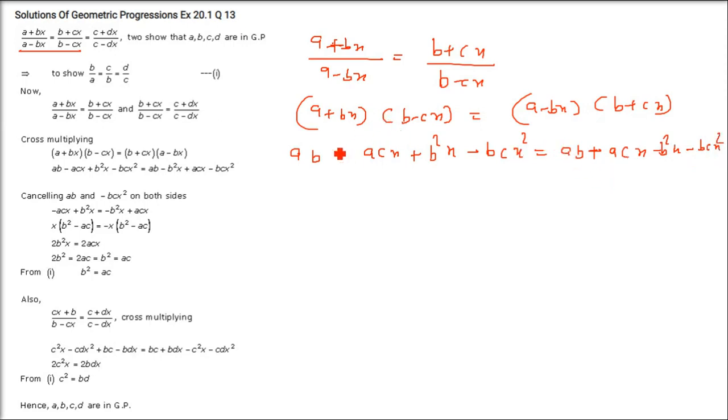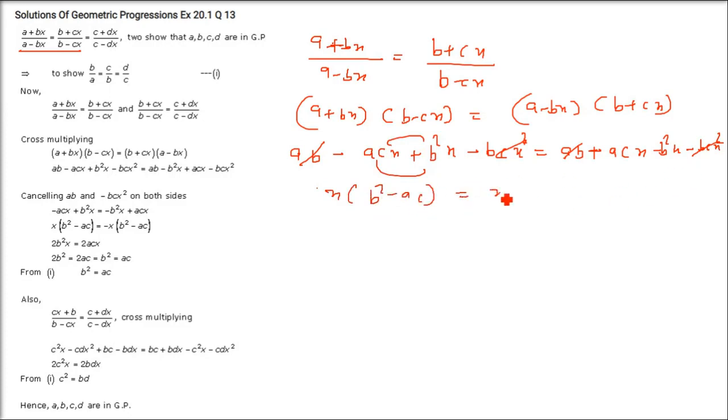Now we have some terms which are common. AB cancels. Then BC x square cancels. What do you get? Minus ACX plus B square and ACX B square. Now what you can do, there are a few methods, and you take ACX on one side and you take B